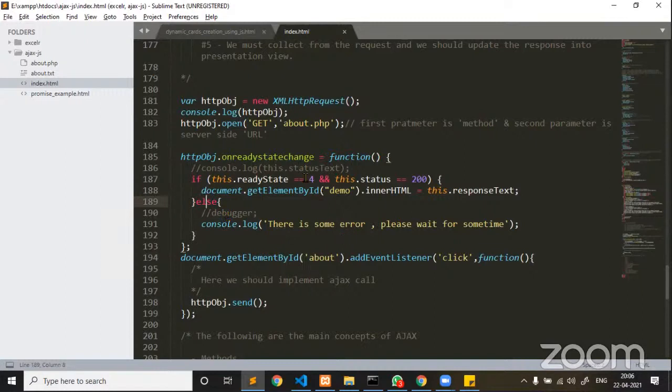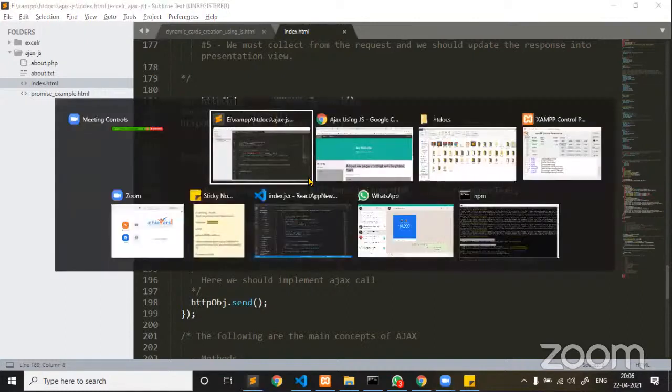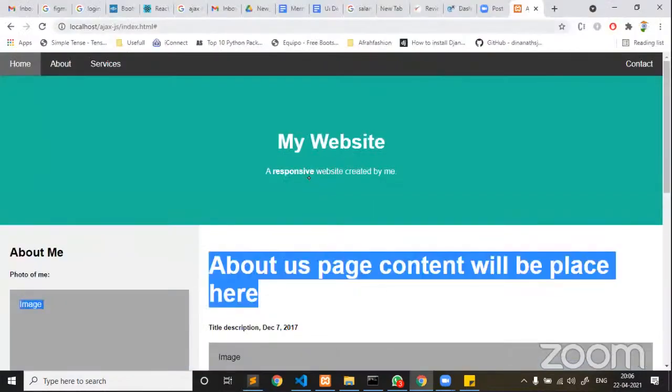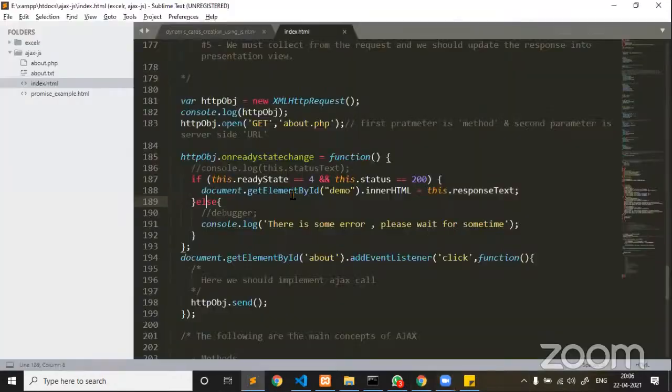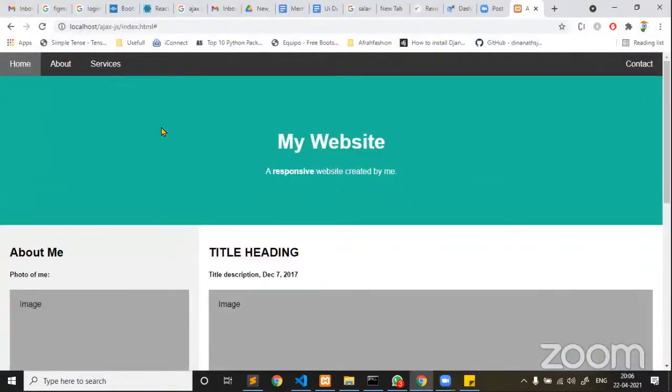Now let me see, this is the success state. Guys, listen carefully. Whatever response I am collecting from my backend, we are displaying here. In case of on click, let me go back, about 123.php. Now this about 123.php is nowhere related to our files; there is no file by the name about 123.php. Now if I reload it, guys, listen carefully. Now this is a sample text which is there.